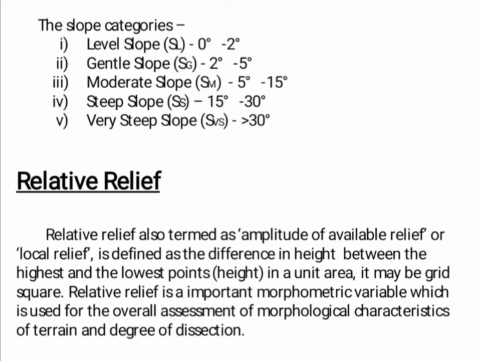The next is relative relief. Relative relief, also termed as amplitude of available relief or local relief, is defined as the difference in height between the highest and the lowest points in a unit area. It may be a grid square. Relative relief is an important morphometric variable which is used for the overall assessment of morphological characteristics of terrain and